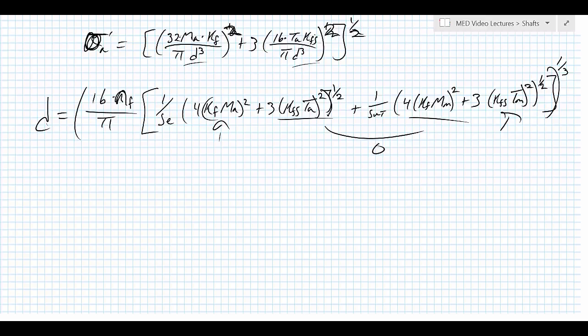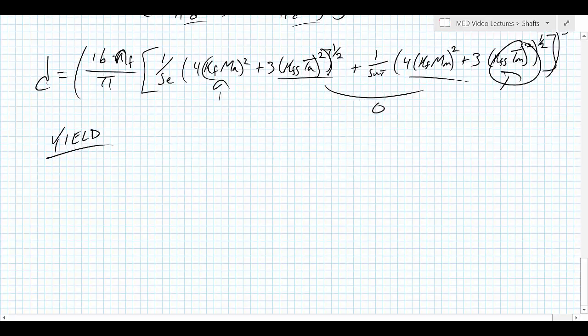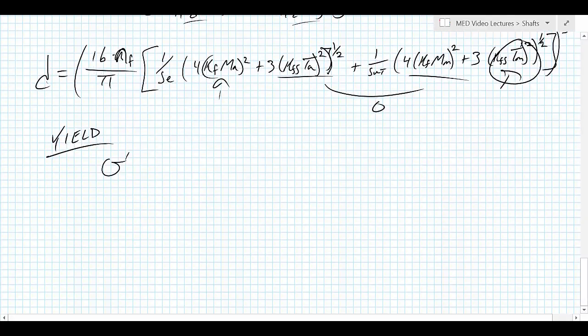Now, of course, it's possible to have infinite fatigue life and actually yield, right? There's a portion of the curve where that's possible, especially if we have very high mean loads. So to check for yielding, we use the same von Mises approach of looking for what the maximum stress is. So the maximum von Mises stress, using the same sort of approach, would be 32 mean, the stress concentration, and then the maximum, which is going to be the mean plus the amplitude,